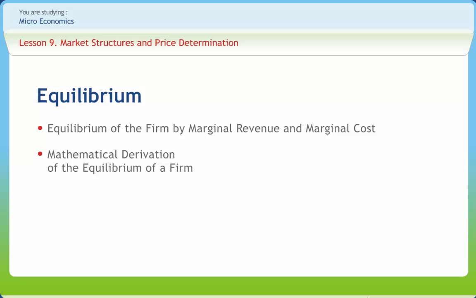Now, profits are the difference between total revenue and total cost. So in order to be in equilibrium, the firm will attempt to maximize the difference between total revenue and total cost. An old method of explaining the equilibrium of a firm is to draw the total revenue and the total cost curves of the firm and locate the maximum profit point. But with the appearance of the marginality revolution, the equilibrium of a firm is explained with the aid of marginal revenue and marginal cost curves.